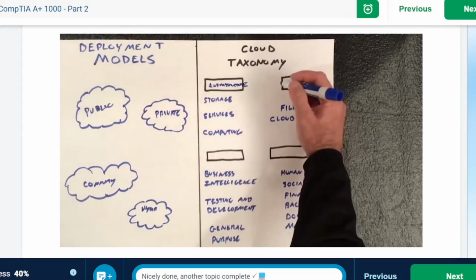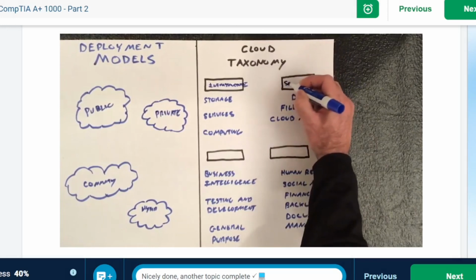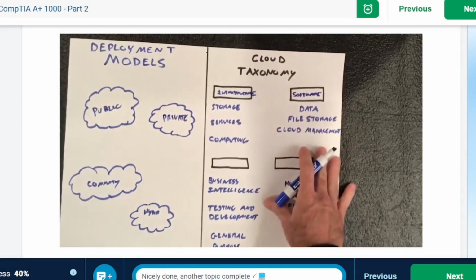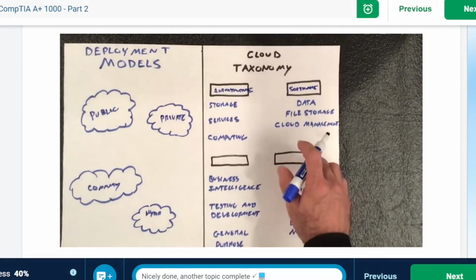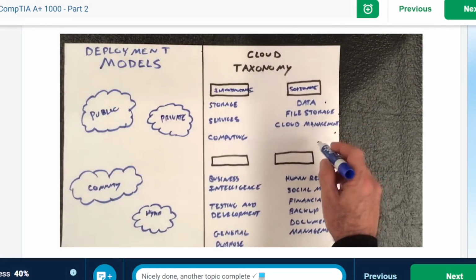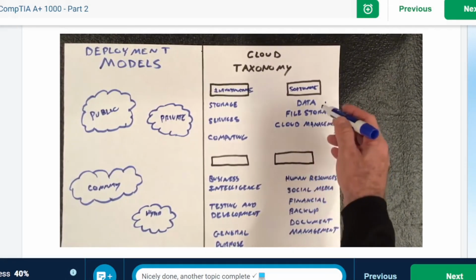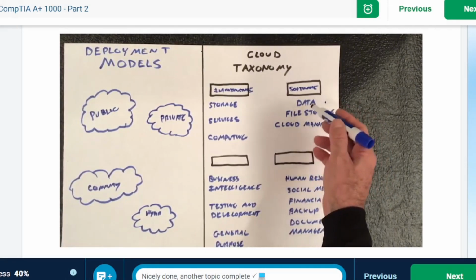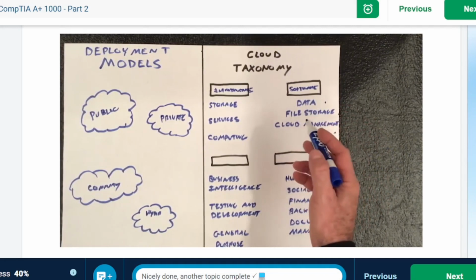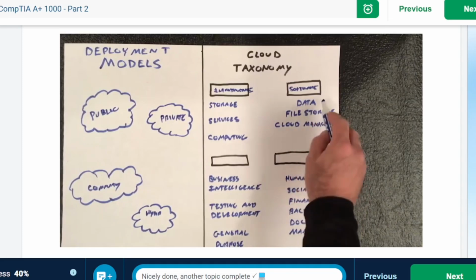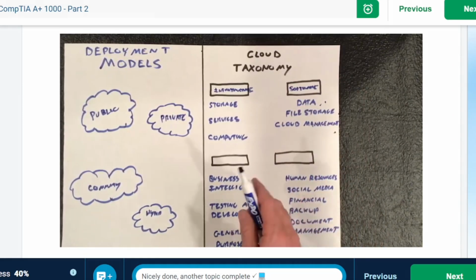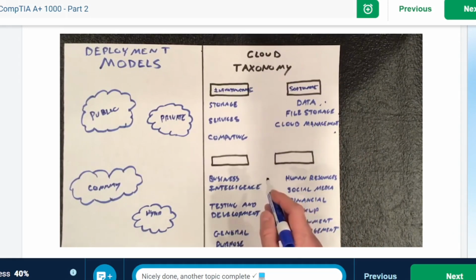Then you've got your cloud software. And your cloud software is really broken down into about three particular structures. You've got data, and then you've got file storage, and then you've got cloud management. So data is really produced or worked on with companies that are used to managing huge databases, and that's things like Oracle, or you might have heard of Apache or Terracotta. Those are big systems that provide data software, analysis, analytics, and biometrics, things like that.